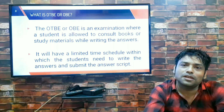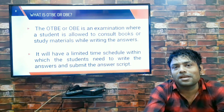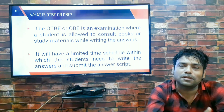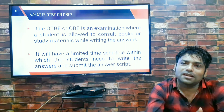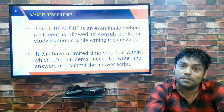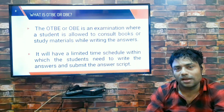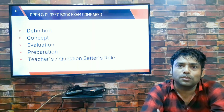Since open book examination allows the students to use their books, the teachers have to produce extra careful questions. They cannot just ask basic principles type questions which are already given in the book. Open book examination primarily enhances the understanding of a particular subject and the ability to apply the knowledge in different situations. Now let me move to the next slide, where I am going to show you the basic difference between